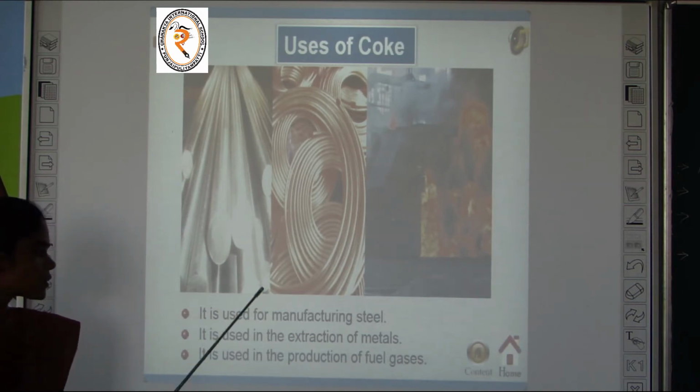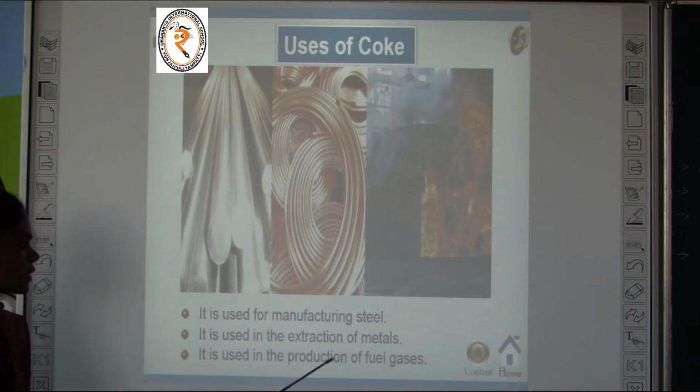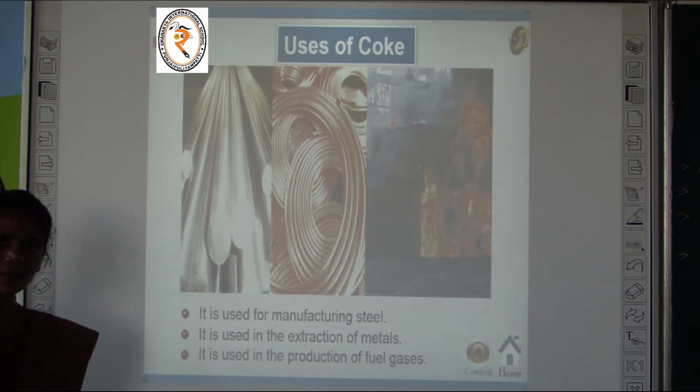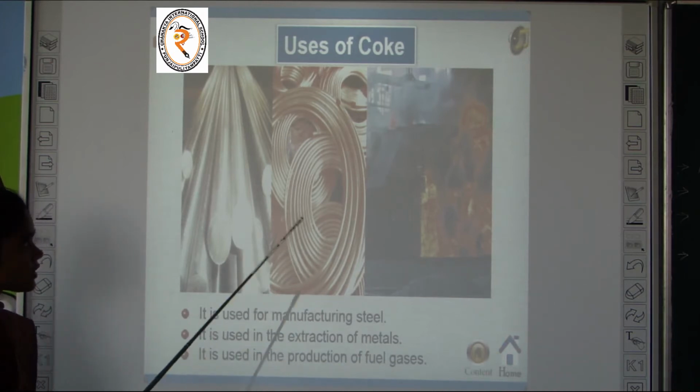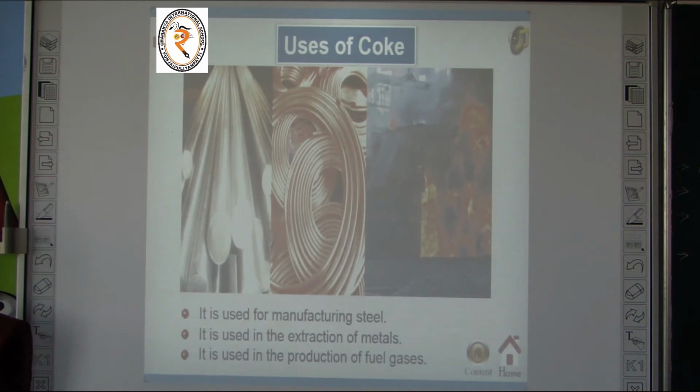So they are used in the extraction of metals and it is used to make copper wire. It is used in the production of fuel gases like carbon dioxide. So these are the uses of coke. Mainly, coke is a product of coal. Okay, and the next one,